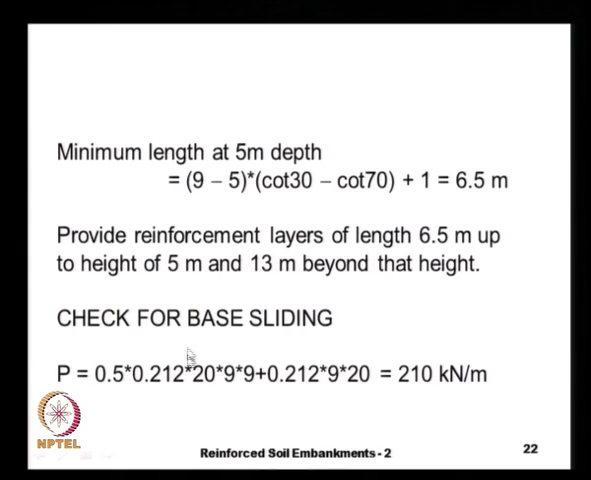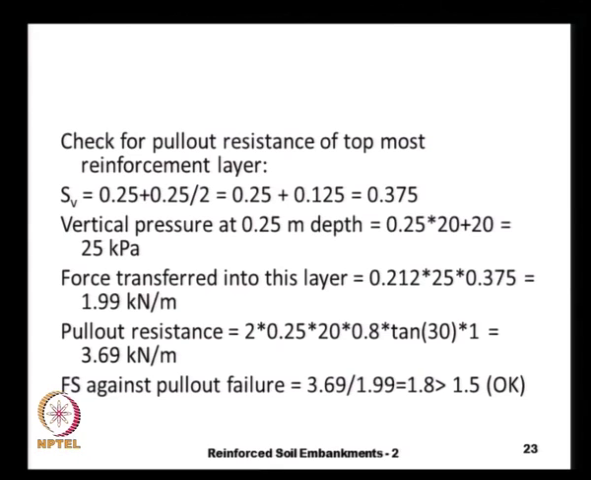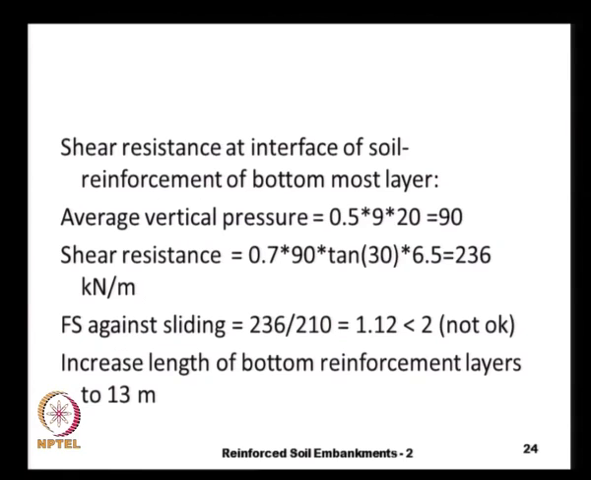Let us now check for base sliding. The total lateral force is 1/2 Ka gamma h squared, where h is 9 meters, plus Ka times h times q, that is 210 kilonewtons per meter. The shear resistance at the interface of the soil to reinforcement layer: the average vertical pressure is 0.5 times 9 times 20, that is 90 kPa, and the shear resistance